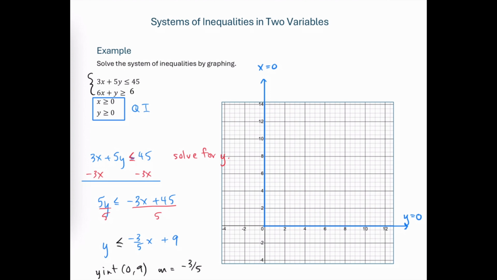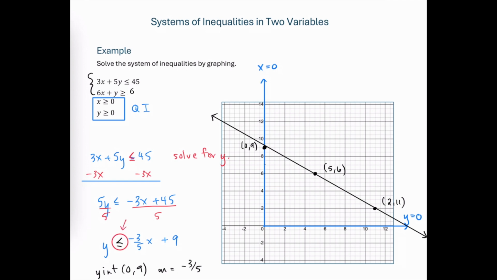And I'm going to clean up this first quadrant here just a bit, but we do know that whatever our solution region is, it must be in the first quadrant. So starting at 0, 9, and I'm going to go down 3 and right 5, which will put me at the ordered pair 5, 6, and then we go down 3 and right 5 again, which gives us the ordered pair 10, 3. Now we connect these dots with a solid line,